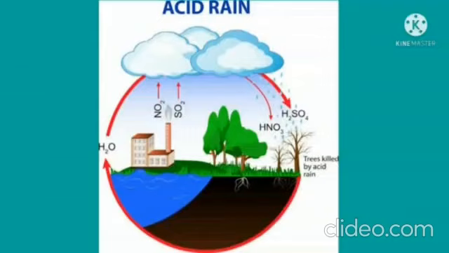So what are the waste gases here? Sulfur dioxide, carbon dioxide and nitrogen oxide. Effects of acid rains. Mainly effects on the environment. They damage buildings and monuments like the Taj Mahal.